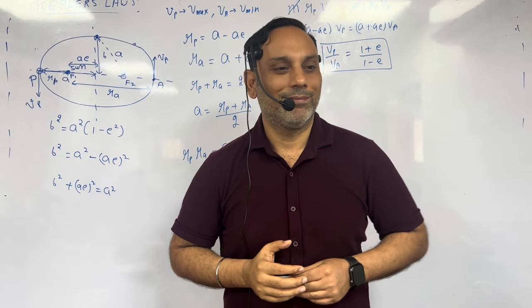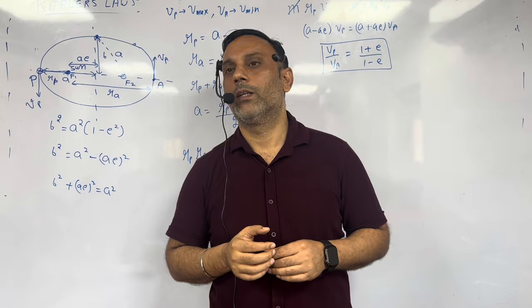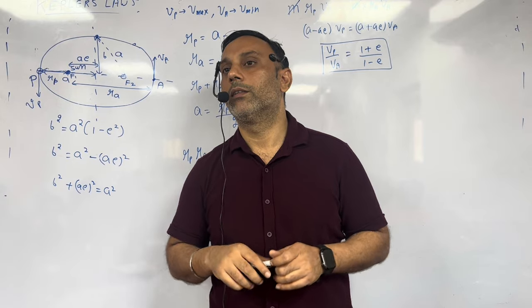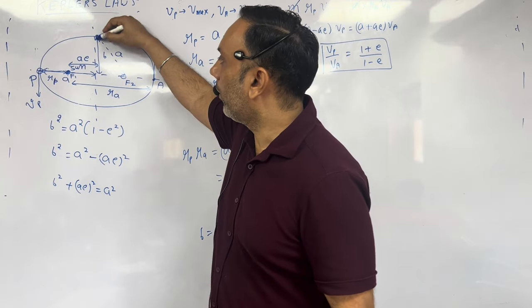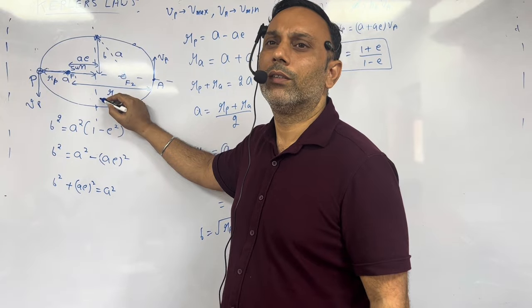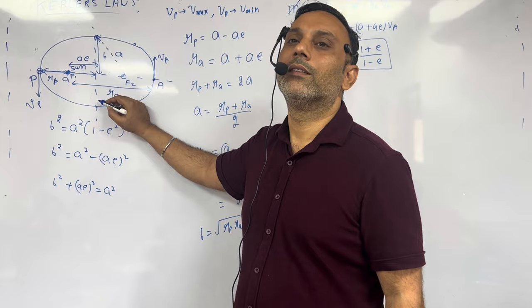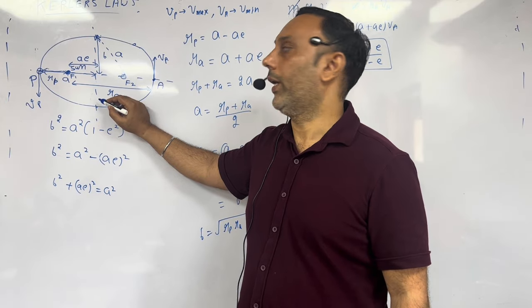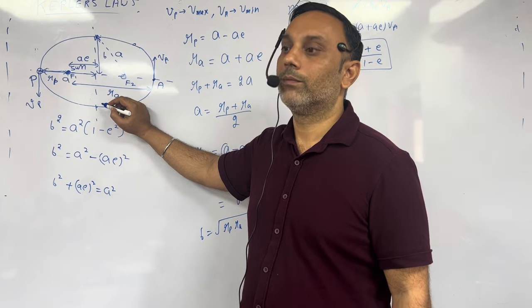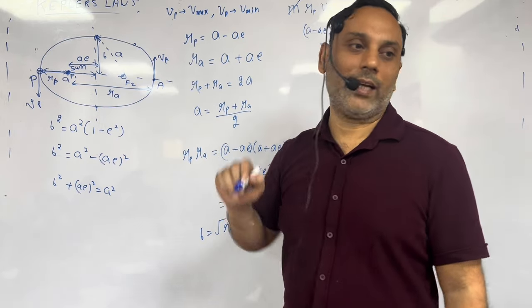Is this possible, beta? The two points along the semi-minor axis. Okay, for these 2 points you are saying, beta? Yes. So velocity is the same at these 2 points? Yeah. Why? So angular momentum is conserved. Okay, right. So distance from the sun is equal for both of them. Yes, now that is correct.